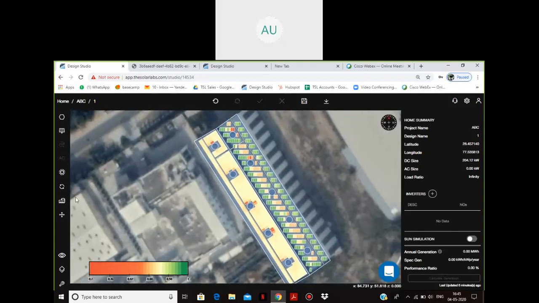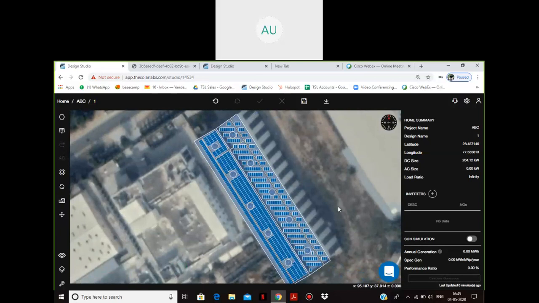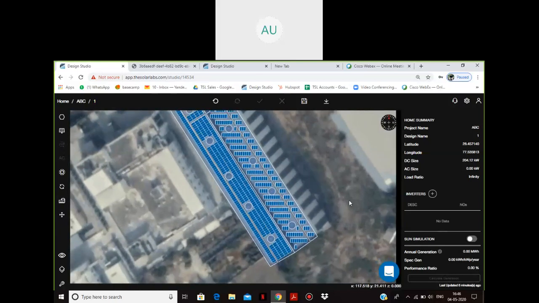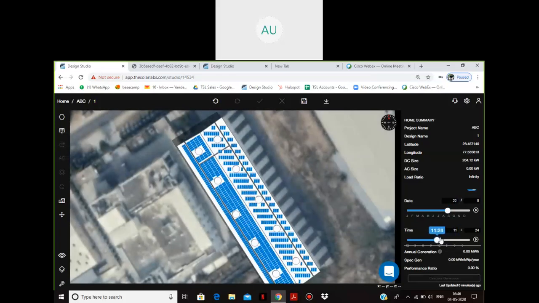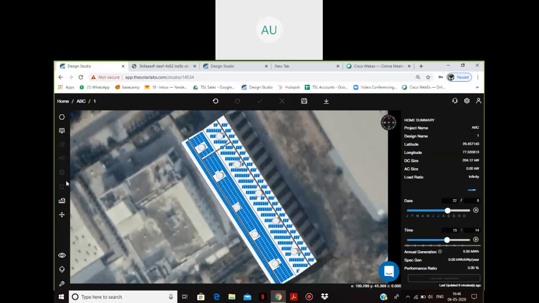Yeah, I turn this off. One more thing I'll show you. Over here we have a feature of sun simulation. So when I turn this on, I have an option to see the shadow pattern at any time of the day and any day of the year. So if I want to see it all throughout the year at 16:40, that is 4:40, I can use this slider and it will show me all the shadows. Similarly, for any time of a particular day, I can have it. And this is basically the data which is used to calculate the solar axis as well as the heat map feature. So I'll just save this,